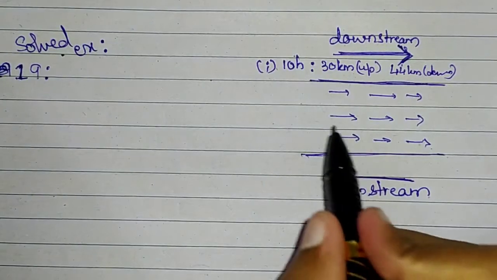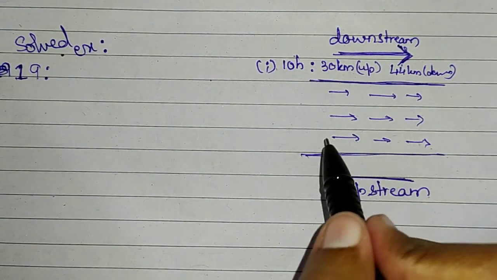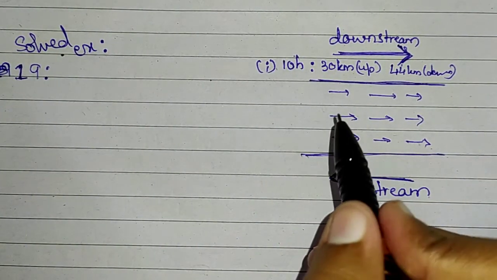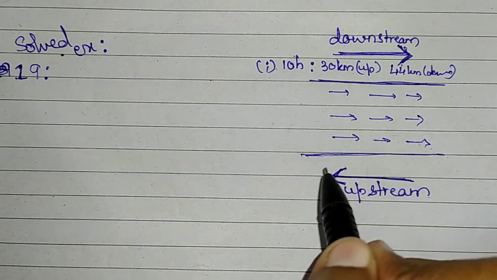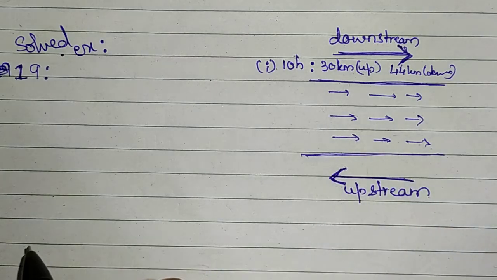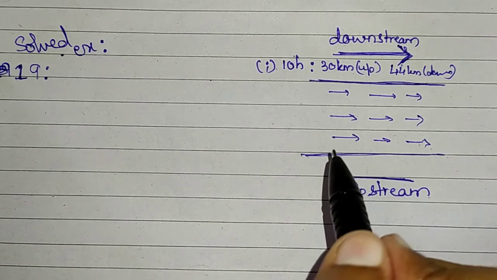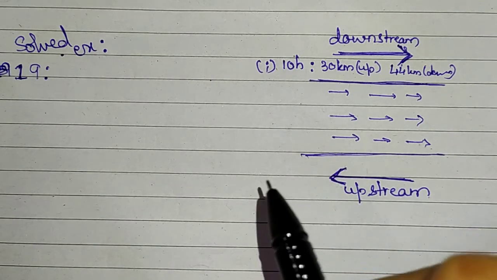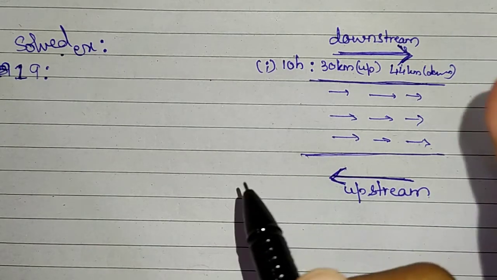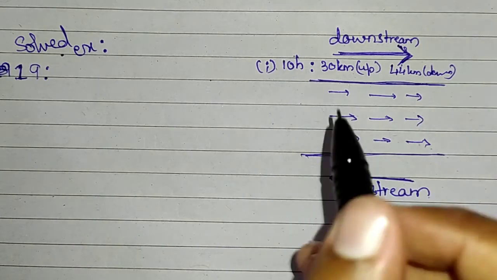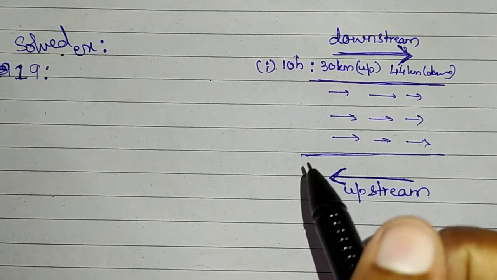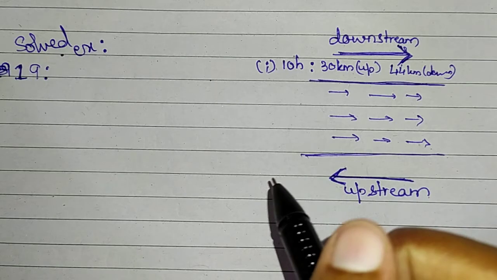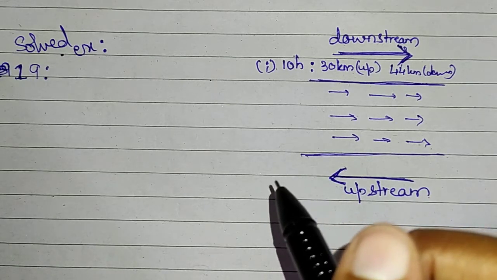Here what happens is, when you move along with the river, the speed of the river adds up to the speed of the boat. But when you are going upstream, that is against the flow of the river, then the speed of the river will be subtracted from the speed of your boat. Keep that in mind. It is a very useful piece of information because it is known as relative speeds or relative velocities, which you will study in physics if you opt for physics in your future classes.